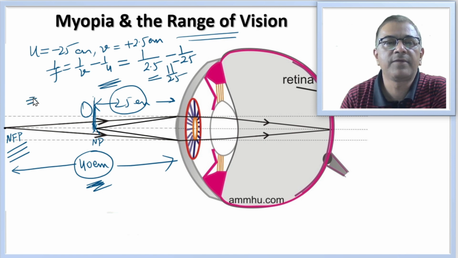This implies that f is equal to 25 by 11 centimeter, and the power of the eye lens system will be plus